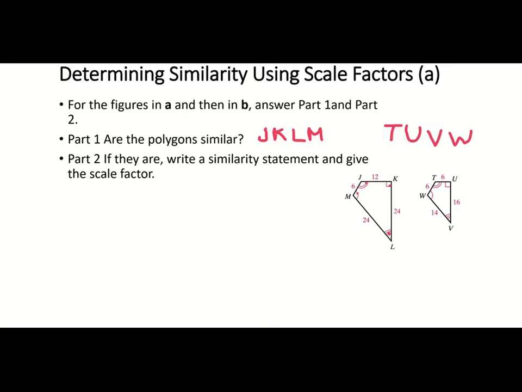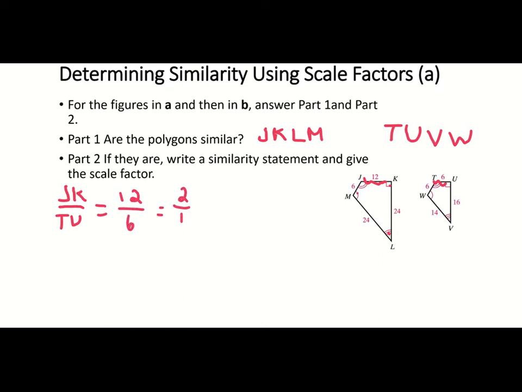So let's look at our first. We can see that all corresponding angles are congruent, so it meets that requirement. But what about side lengths? Our first side length I'm going to look at is JK over TU, so it's this top part here. And the measurements, as numbers, would be 12 over 6, which simplifies